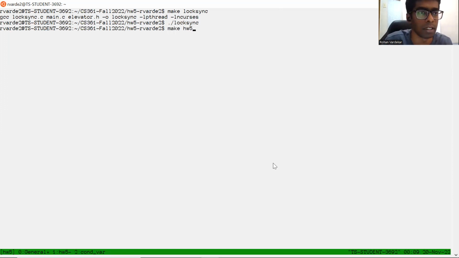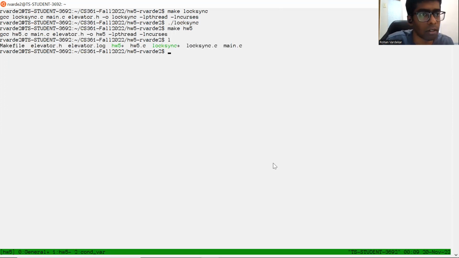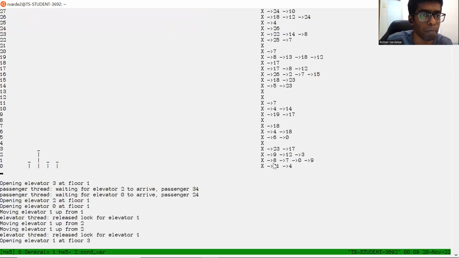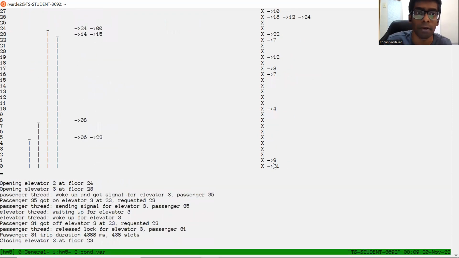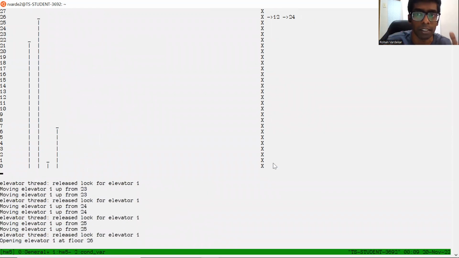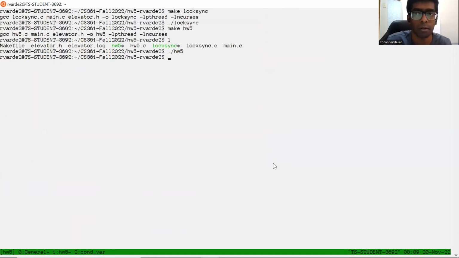So this is how you compile. We have the binary homework 5. Over there, only one elevator was working at the time. So let us see how it goes over here. Multiple elevators are going, multiple passengers are also going in the elevator up to its maximum capacity, which is 3. My program ends very early because I'm doing multi-threading and there is proper synchronization. So having said that,